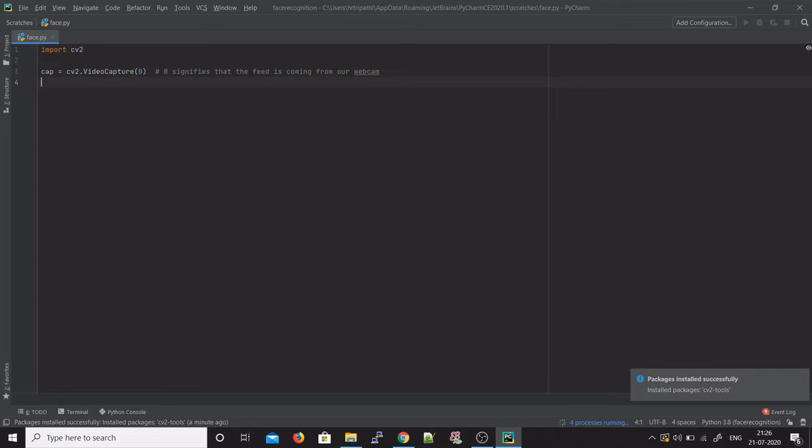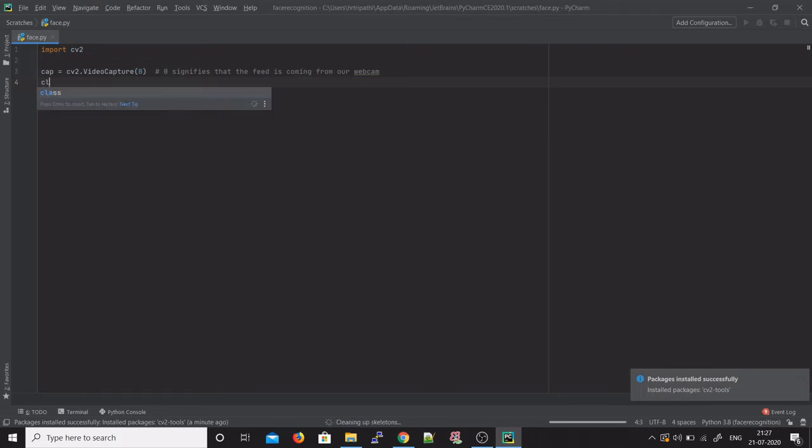There are different classifiers for your eyes, eyebrows, nose, lips, ears, and other body parts. But for this program, we are going to be using the Haar Cascade frontal face default classifier. I'll attach the link to that classifier down below in the bio. You need to download that, and then we'll proceed. So pause the video for now. Download the classifier. The GitHub link I'll post in the bio.